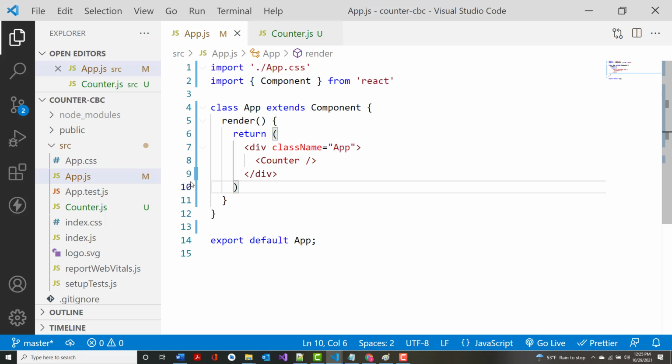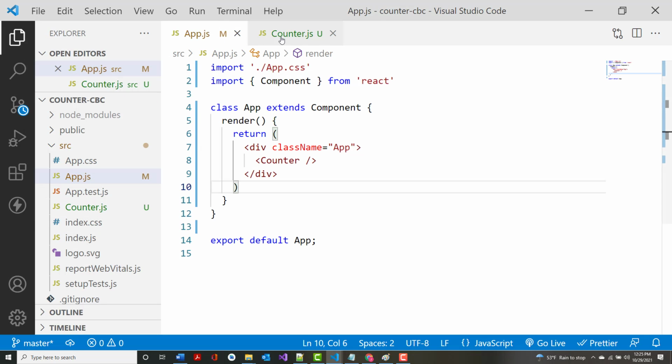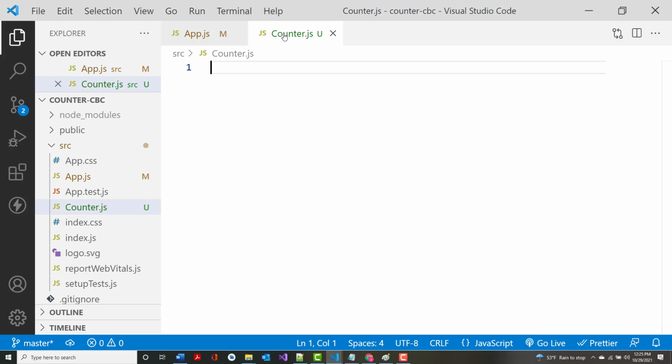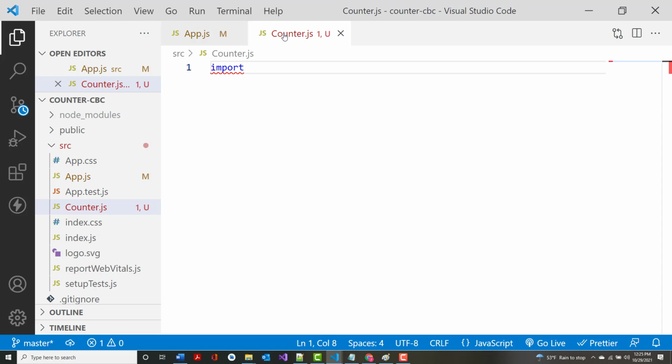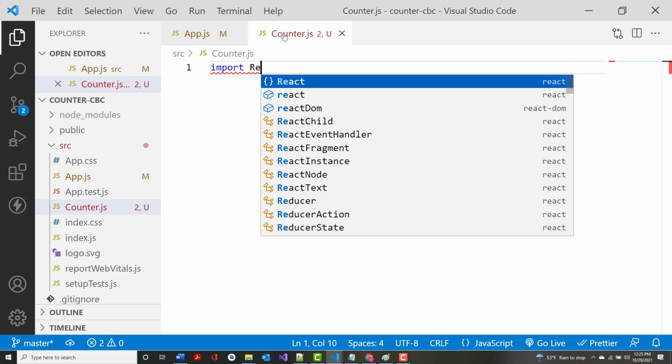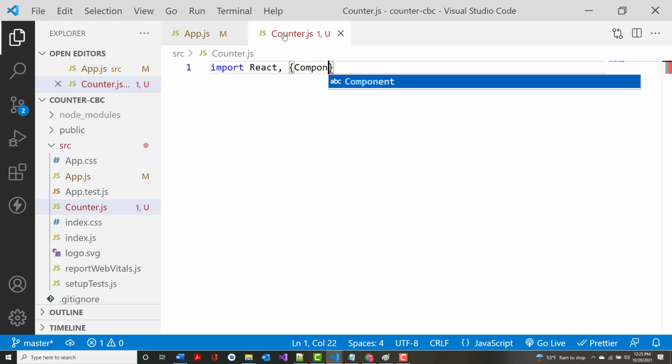All right? And believe it or not, this file, not our counter file, but the app.js, I think it's done right now. So I am going to do a file save. I could close it, but just in case I need it, I'll leave it open. And I'm going to come over here to counter. All right. Now, again, we want to come in here, and just like before, we're going to import. But now what we want to import, again, is React, comma, component